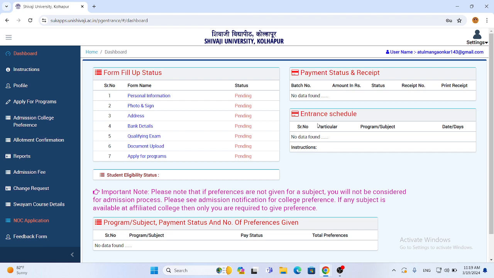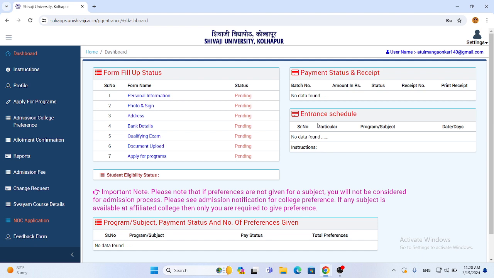Just in this process you have to apply for the entrance examination. The date and day along with the time, the schedule will be declared by the university later. You have to frequently visit our university website at the admission section where we have clicked that blinking link, to proceed further for applying for the entrance examination. And on the same home page of the admission section you will find further notifications.